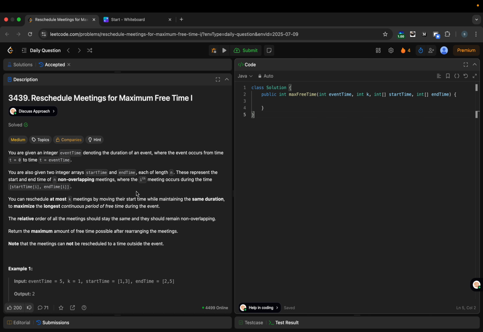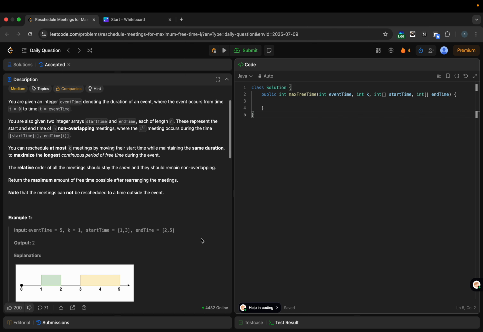An integer event time denotes the duration of an event, where the event time occurs from 0 to event time. So basically we are given a time frame which starts from t equals 0 to t equals event time, and in that duration there are certain events which are occurring, and we are also given their start time array and end time